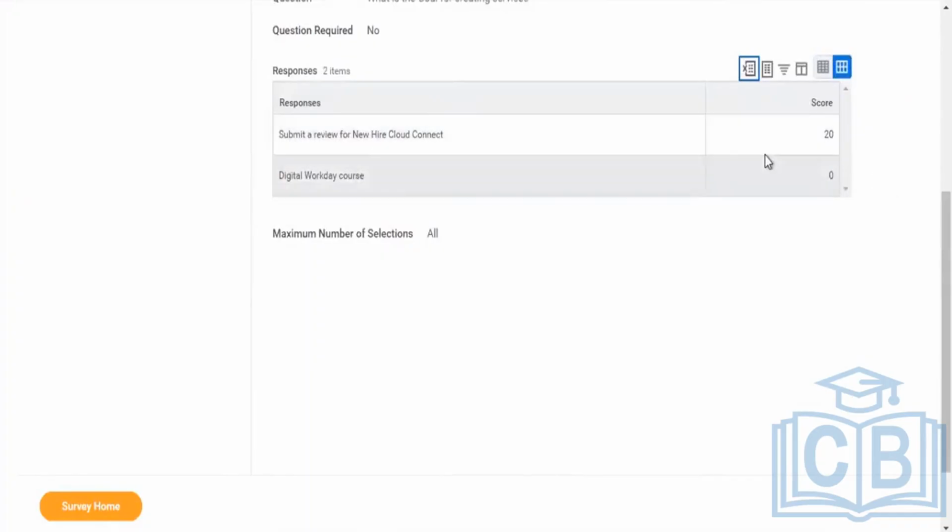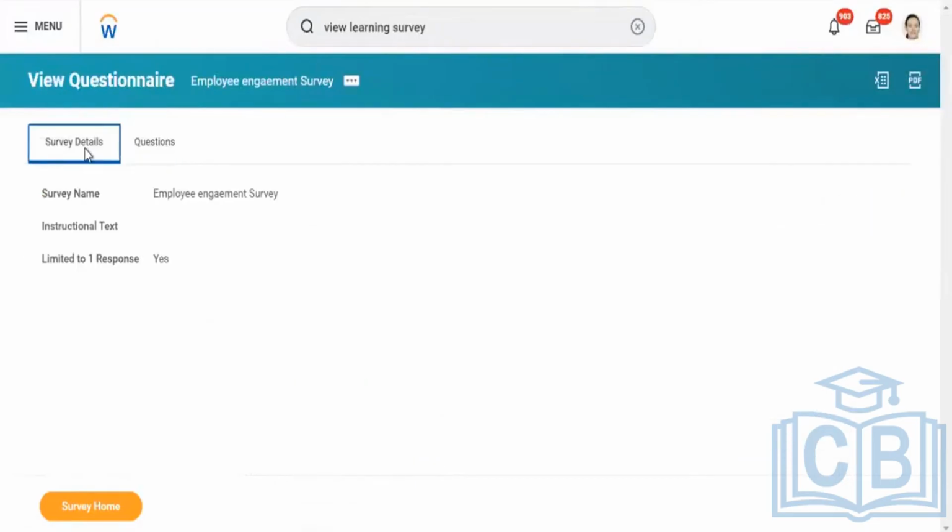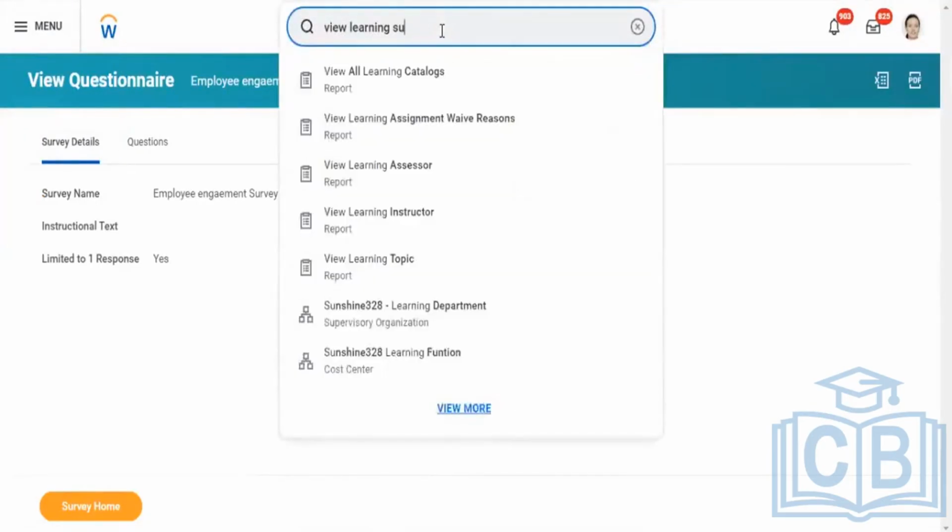This is not what we submitted. Submitted review for new cloud connector. What did we submit? Just check the checkbox. Learning survey, learning survey responses.